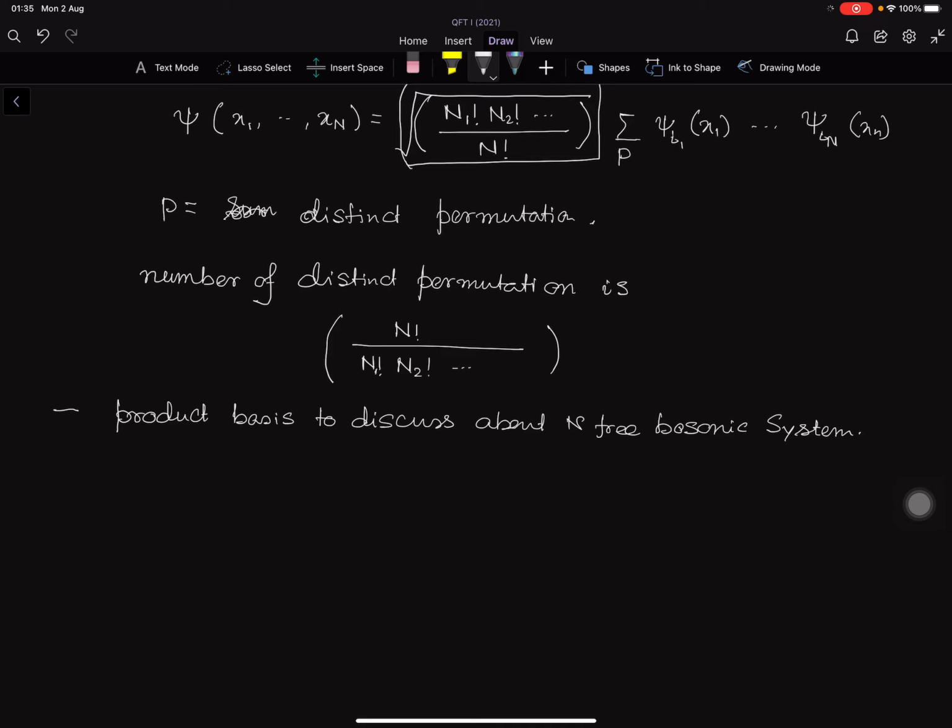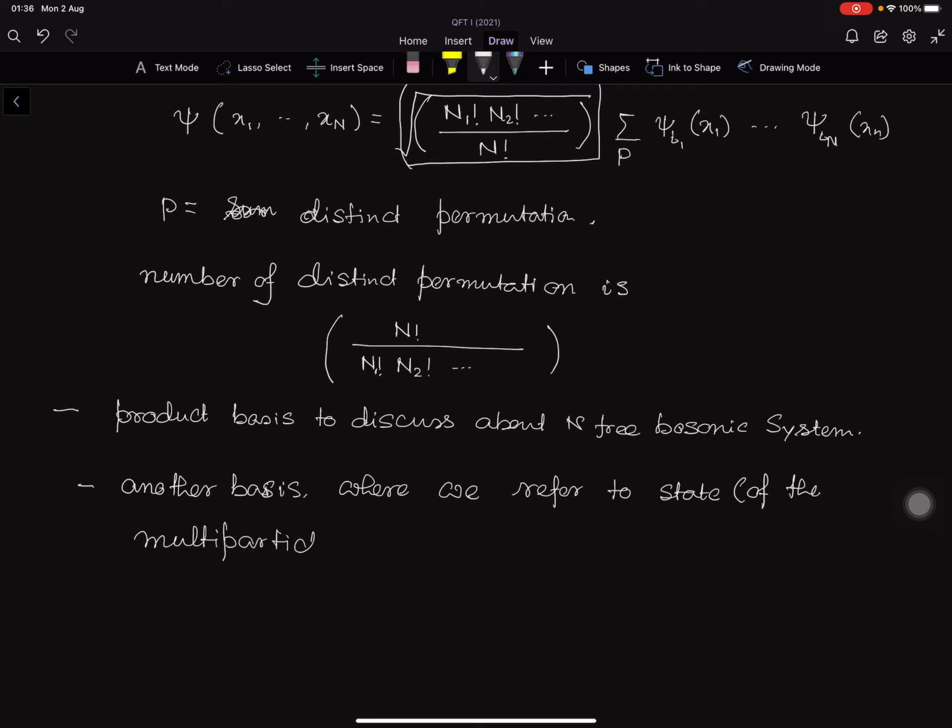Because these particles are all identical and indistinguishable, rather than talking about which particle is in which state, there can be another basis where we refer to a state of the multiparticle Hilbert space